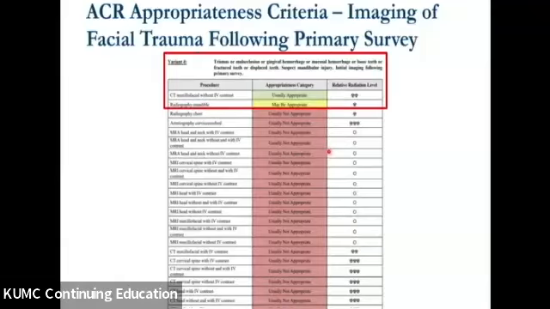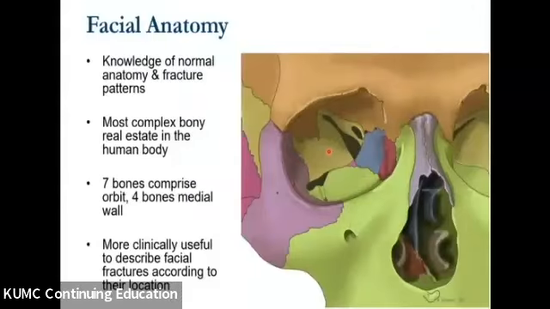And then lastly, the fourth variant that they give is if you're suspecting a mandibular injury. The only thing recommended here is a CT maxillofacial, or it's labeled as usually appropriate. Again, radiography, even if you see a fracture on facial radiographs, you'll probably be getting a CT maxillofacial anyway, because a lot of times the mandible breaks in 2 spots because it kind of forms a bony ring with a skull base. So really what you need to be successful in this area is just knowledge of normal facial anatomy